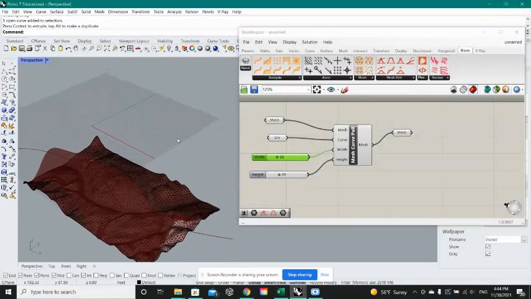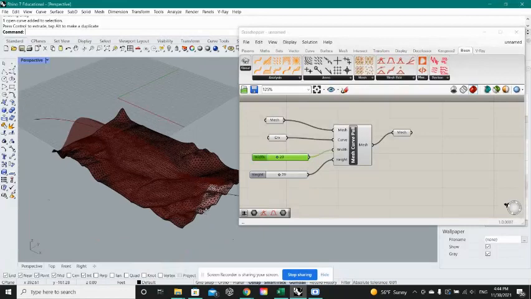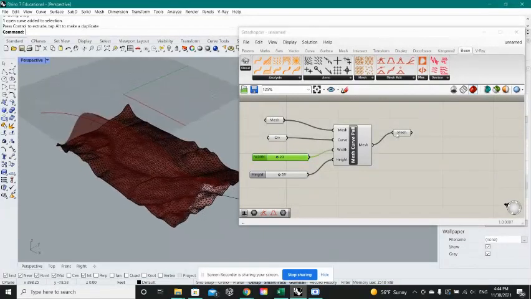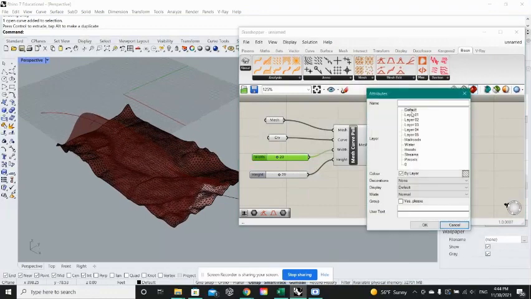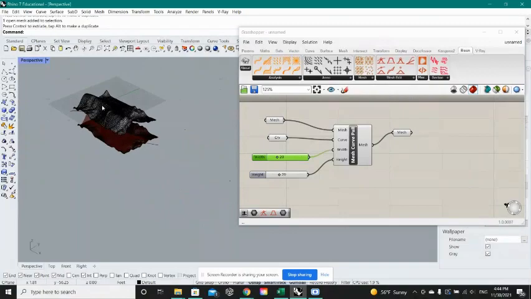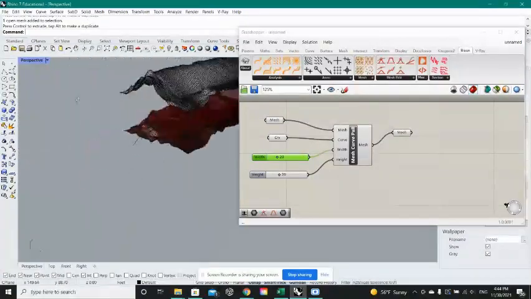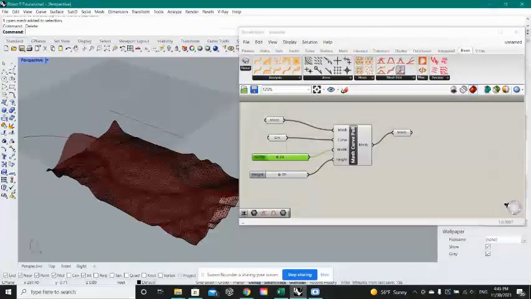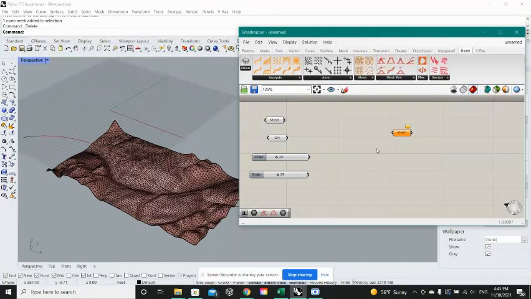So while the regular curve pull and point, not curve pull, mesh curve and mesh point are useful, I find that the curve pull and the point pull are a little bit more useful for rapid prototyping. So you can see that I pulled Kentucky up a bit. So there's that one. And then